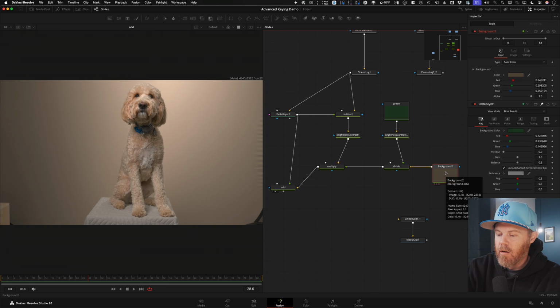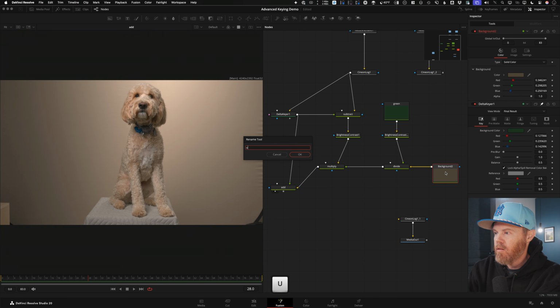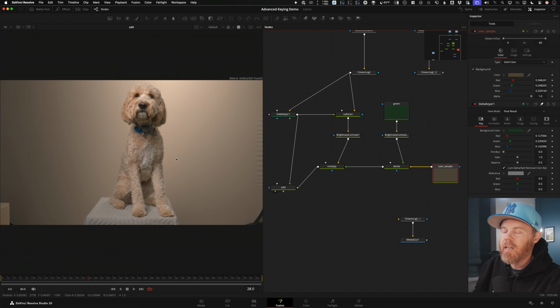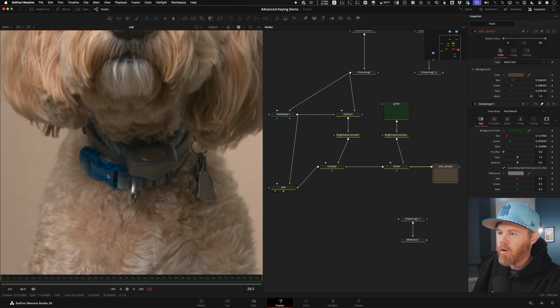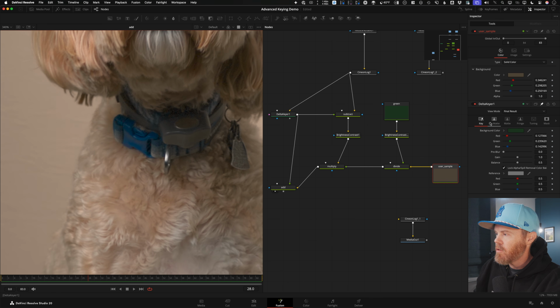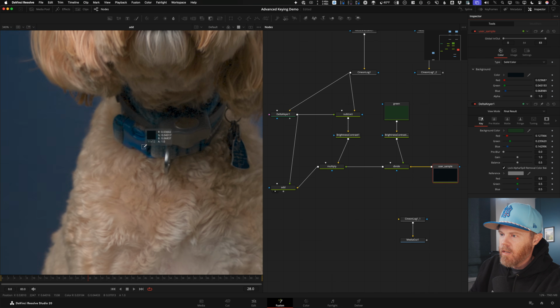So this one, maybe I'll rename this one. This is user sample. Something like that might be what you might want to call it. So at any point, if you want to change your color grade of your Despill map, all that's necessary with understanding this setup here is you can come in here and sample something else. Maybe you want to Despill to one of these blue colors over here. I'll come over to my inspector. We don't need to pin our delta keyer anymore, so I'll deselect that. Grab our sample of our user sample color, drag it over the blue of the buckle,